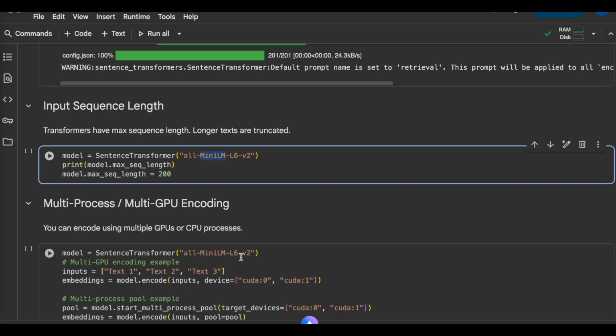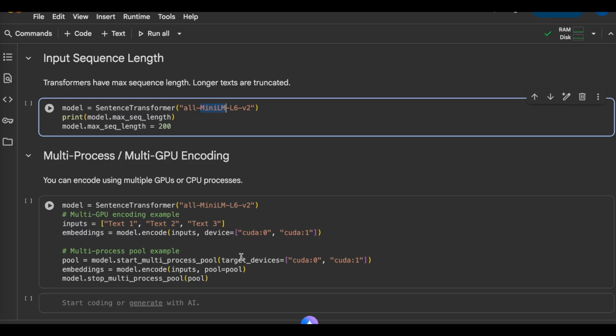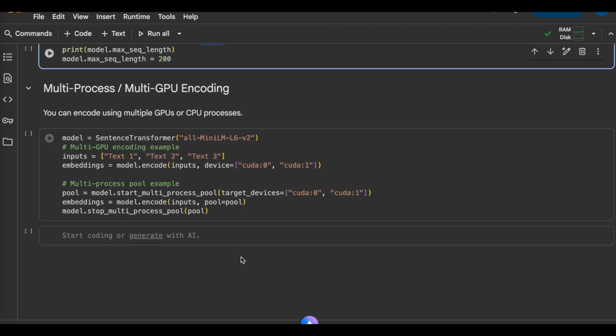And then how we can adopt multi-process and multi-GPU encoding. For large-scale embedding tasks, sentence transformers support multi-GPU and multi-process encoding. This is useful if you are encoding millions of sentences, for example, building a vector index for semantic search. In Colab, you usually get a single GPU, but this code is handy when you move to multi-GPU servers or cloud setups. The pool API helps in distributing the workloads efficiently